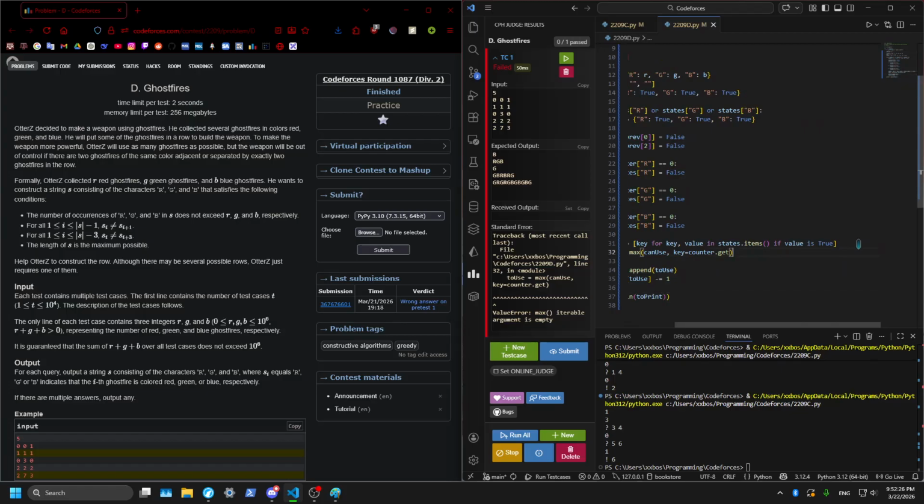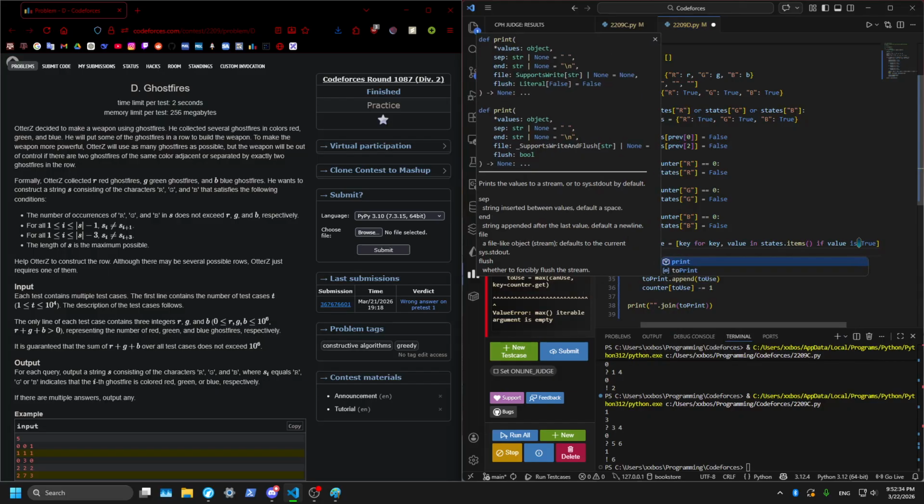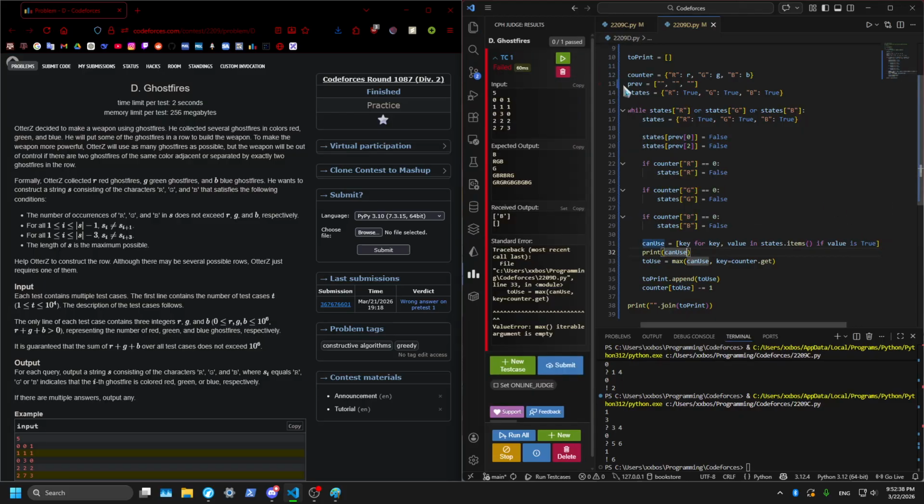So I should print can use B. This is correct. So why didn't